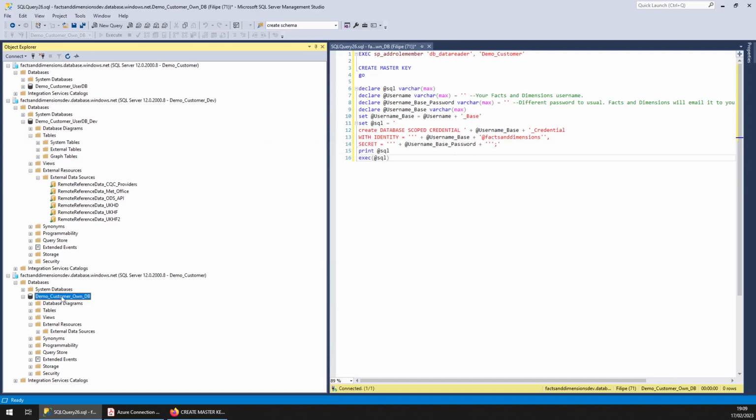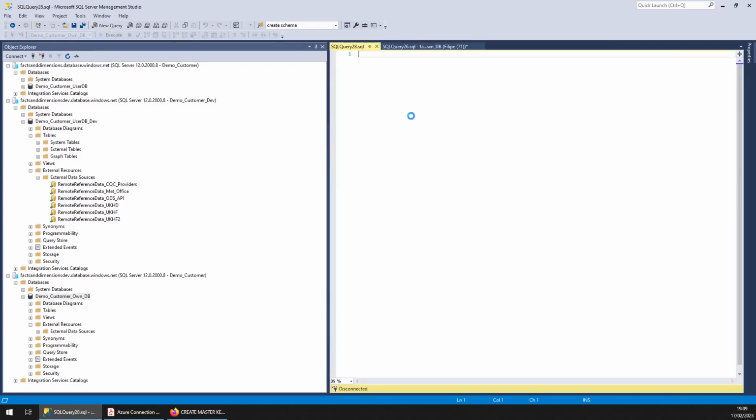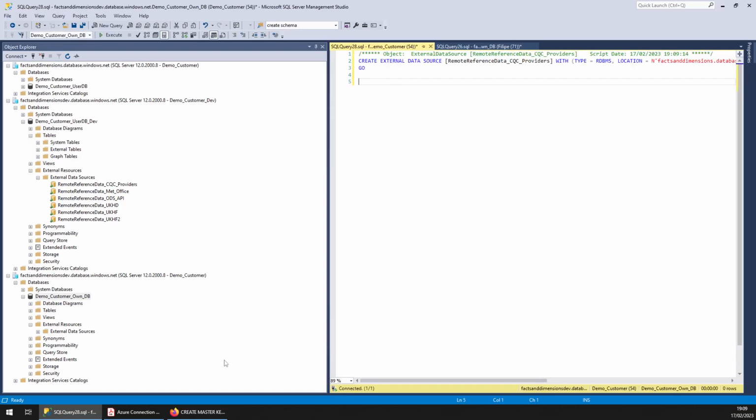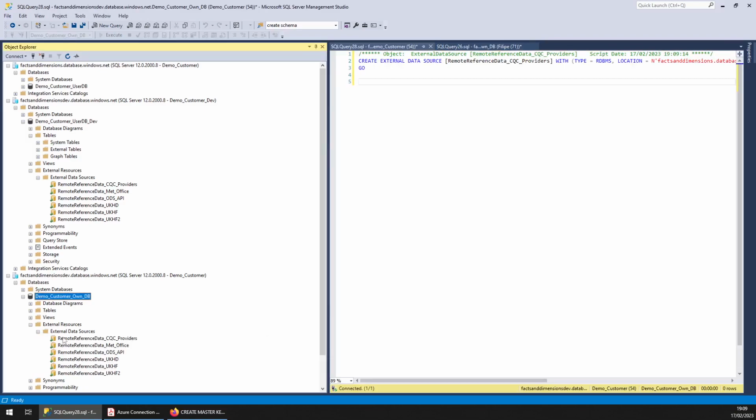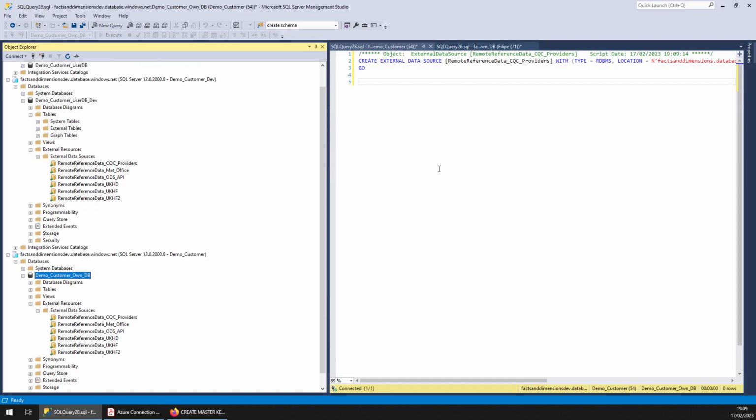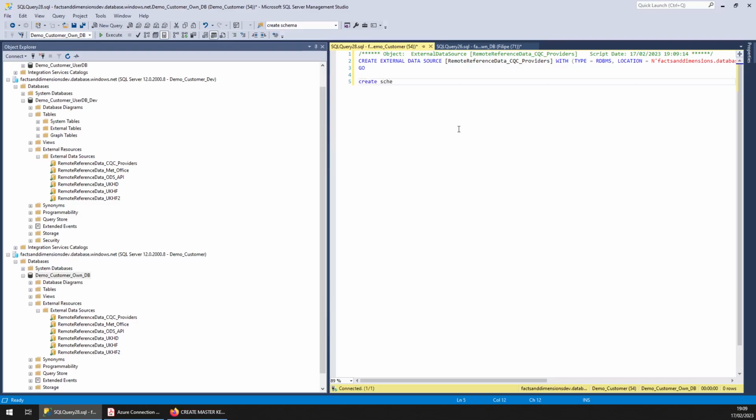Then I'm going on to the different database where I want to add these external tables, and I run that. I've already done it actually for all of them, and they're here. So that's how you do it. You just script it out of here into a new query, which you run on your own database, and then make them appear there. Then the next thing you'd want to do in your database is you'll need to create the schema release details, like that, and then also create another schema called Azure, because you need them for some of the other objects